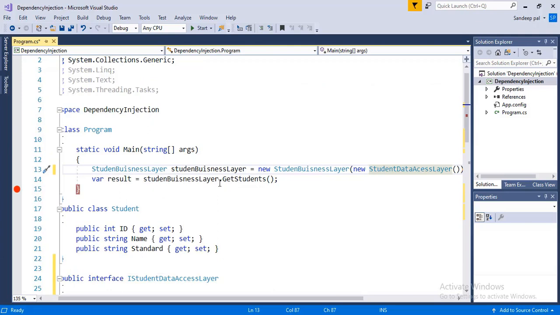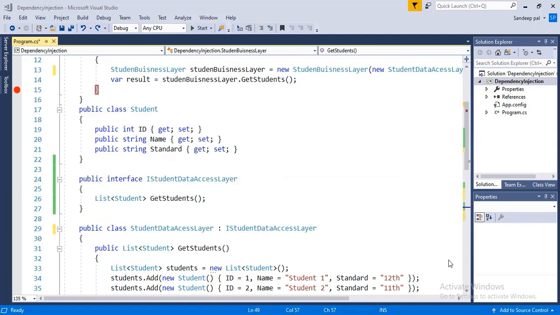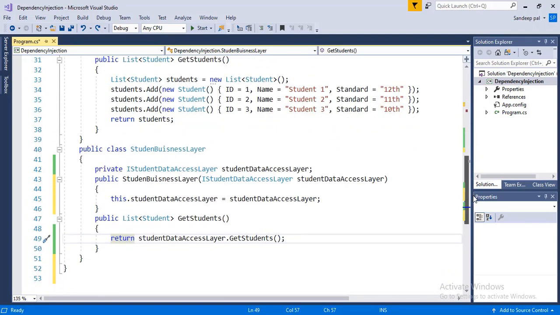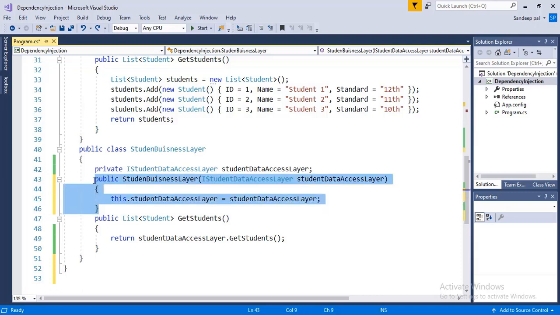Now we will change this code to learn property dependency injection and method dependency injection. In property injection, we need to supply the dependency object through a public property of the class. To implement property injection, we need to change the student business layer class. We don't need a constructor, so get rid of it from here.